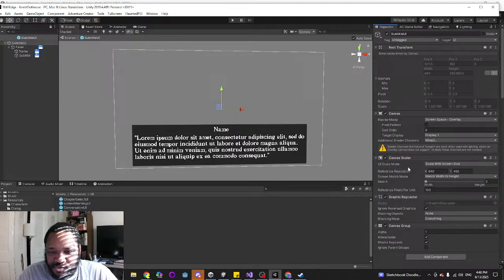But you do want to scale your UI with the screen size, match with their height, and set your reference resolution to whatever your rendering resolution is. This is explicitly for retro style games where you know the resolution you're going to render the game at.